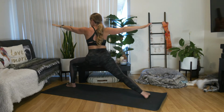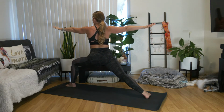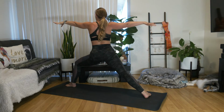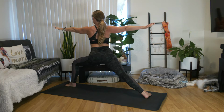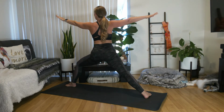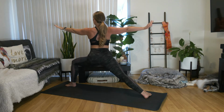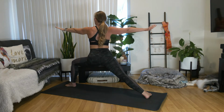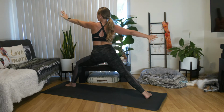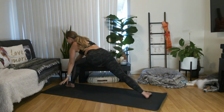face the back of your mat. So your left knee is bending. Ground through that right heel at the back. Bend through your left knee, relax through the shoulders. Let's take an inhale to lift up just slightly. And an exhale, sink in. One more breath in. Now as you exhale, listen, let's windmill the hands down to the earth, to the back